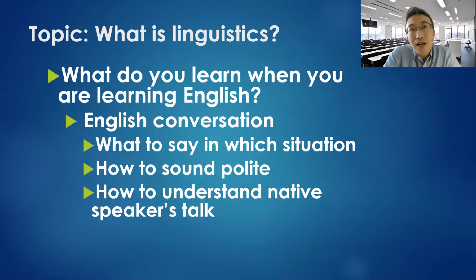Also, you are going to learn how to talk with people who can speak in English conversation. So you have to learn what to say in which situation. When you are asked how to go to a certain place, such as a post office or a station, then you have to be able to explain where to go and which direction you have to take, and so on and so forth. You have to be able to say what is supposed to be said in a certain situation. That's what you have to learn when you're going to learn how to talk in English.